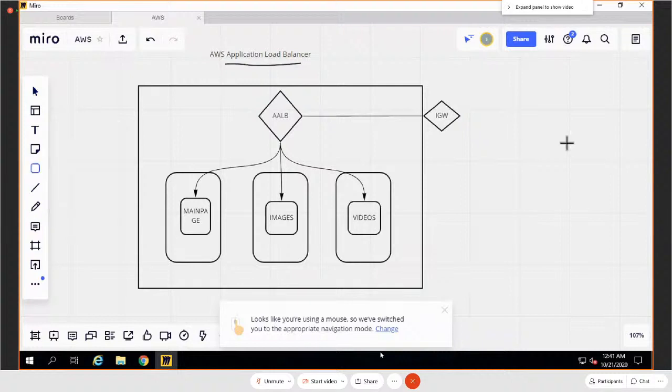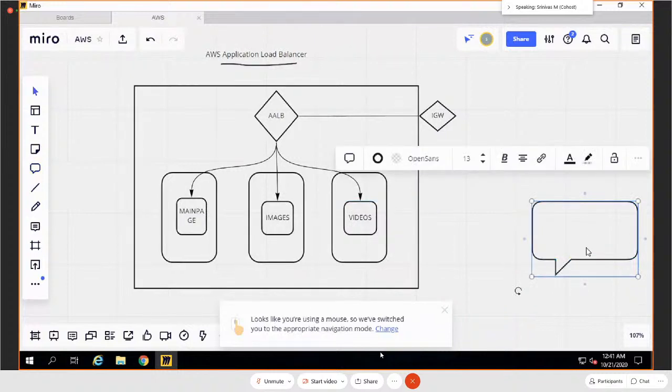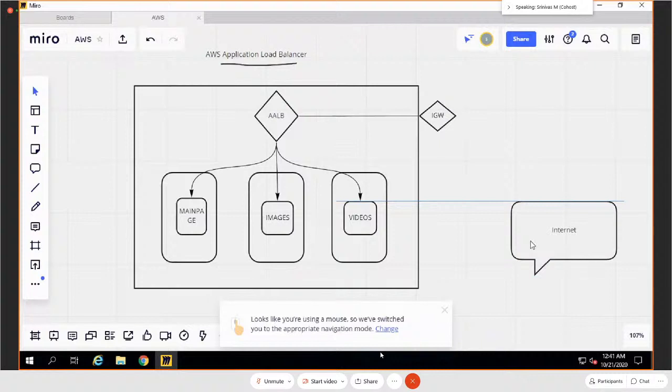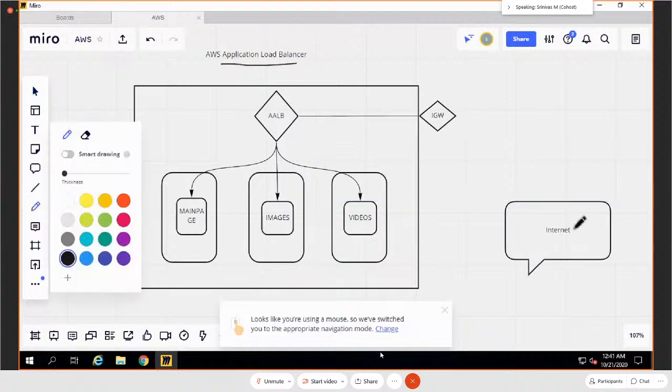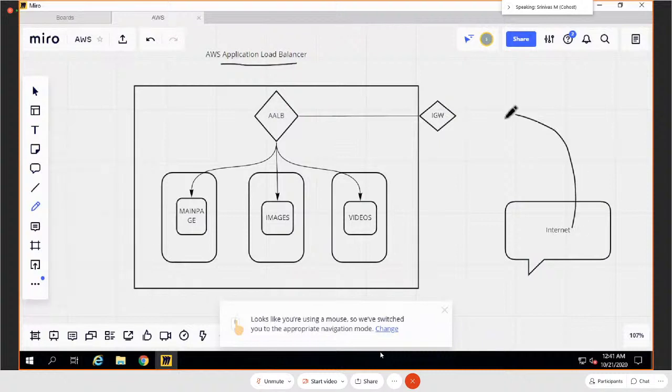Outside, how will you access? Over the internet, right? If you're trying to access something, the request goes via the internet gateway and is received by your application load balancer, and it will send it to the respective